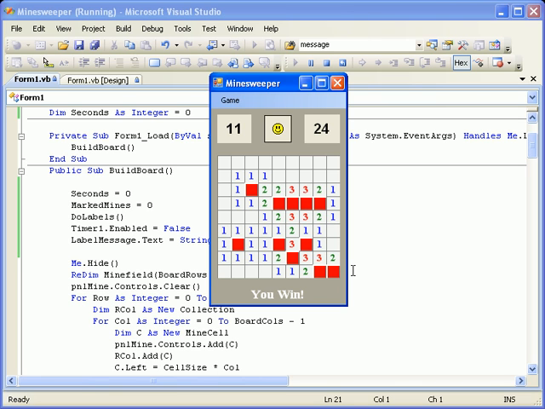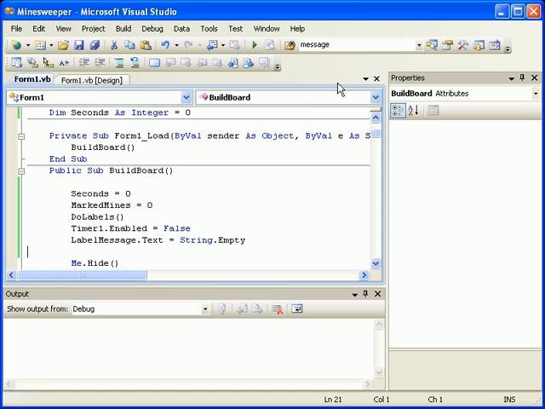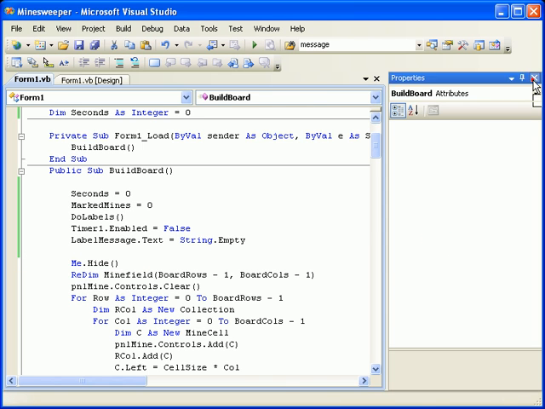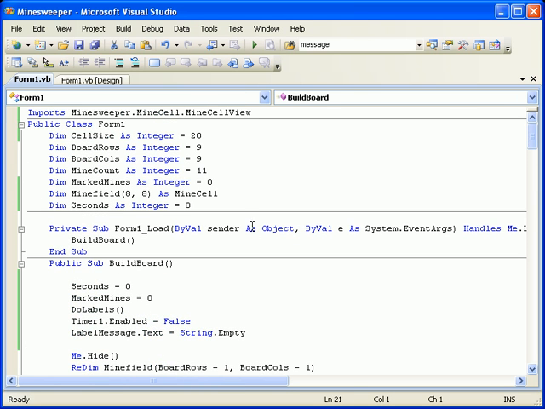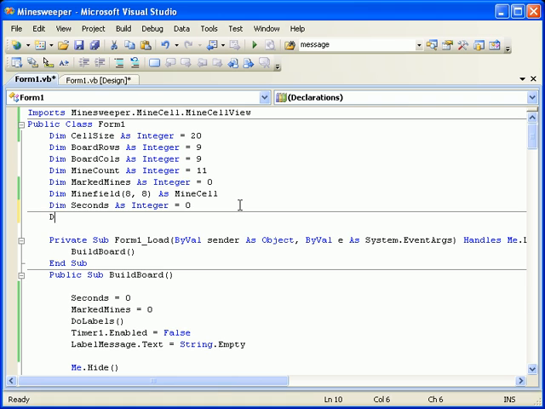Alright, we have one more little detail that we should pay attention to, and that is that even after the game is done, we can go in and we can start messing with the board, and we can still lose. So it says game over, we just lost. We'd like to have it so that once the clock is stopped, you can't do anything more. And to do that, we're going to put in a little game over